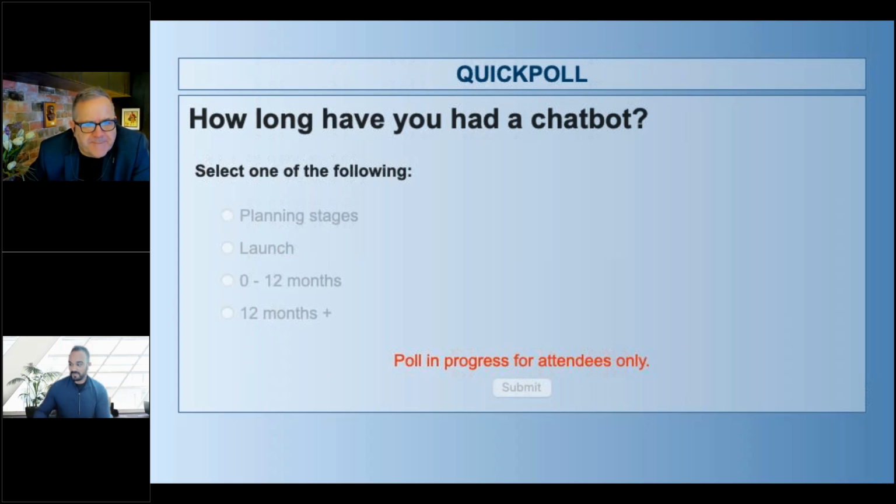It's informational for us, and it lets us know where our audience is on the journey. It also helps Jay a little bit. He can perhaps tailor some of the content as he goes through, depending on where the majority of our attendees are, or certainly speak to how the tool is useful in different phases depending on the maturity of where you are. So we'll just give a few minutes on that. It looks like most are in market for a little while or longer than a year. Fantastic. Okay, that's what we love to see.